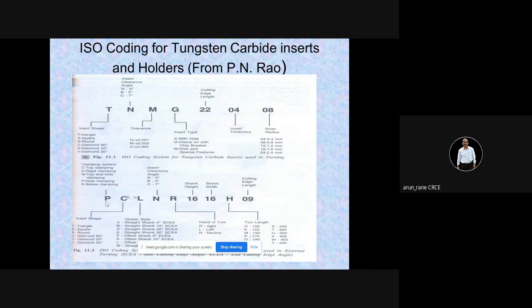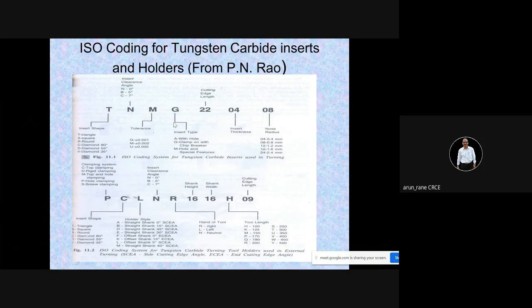So this is a holder and this is an insert. You know what is holder and what is insert. So what I am trying to tell you is that if it is 10 marks, then you need to write all these details. If it is 5 marks, then you need not write all these details, but you must say that T